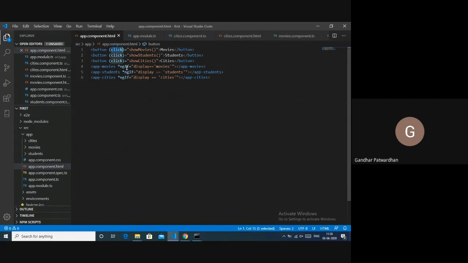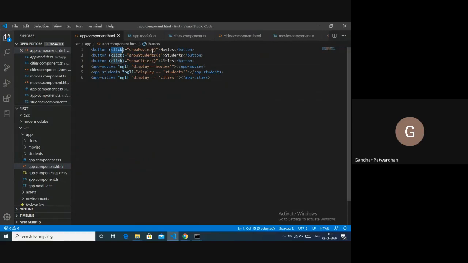It is appropriately called an event, because clicking of the button is an event, and any UI is event driven programming. So whenever you click on the button, we are calling some function.